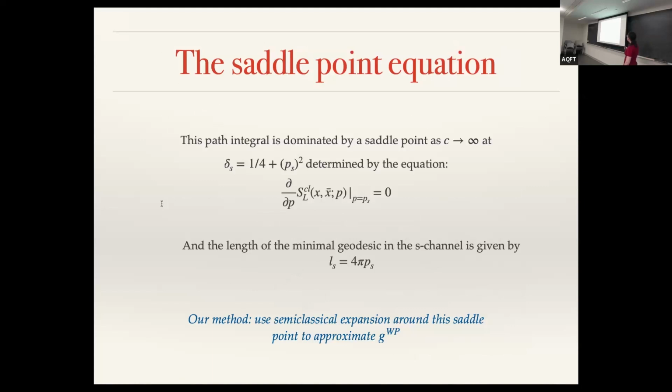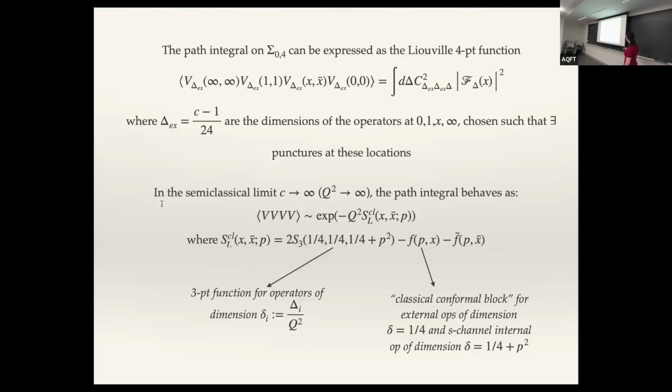In the semi-classical limit, this path integral is dominated by a saddle point, which is just the derivative of the classical action with respect to the internal momentum set equal to 0. And so this saddle point momentum can be found by taking the derivative of this classical action. And so if you can compute all of these functions, the classical 3-point function and the classical conformal blocks, then